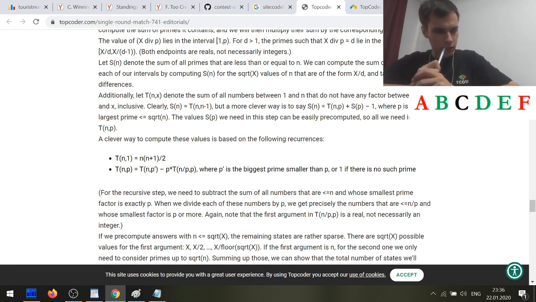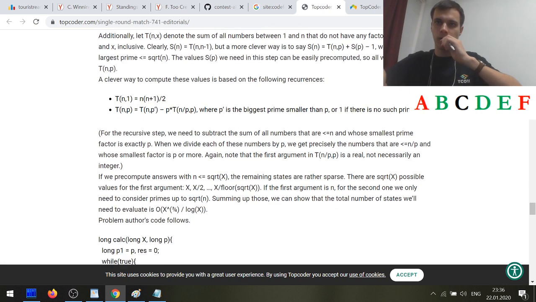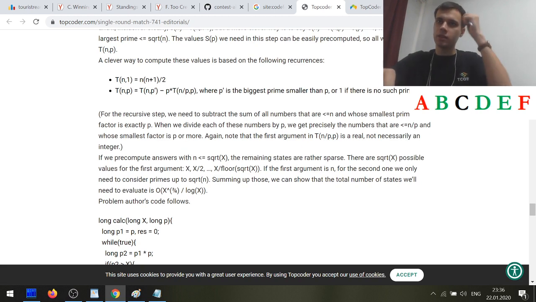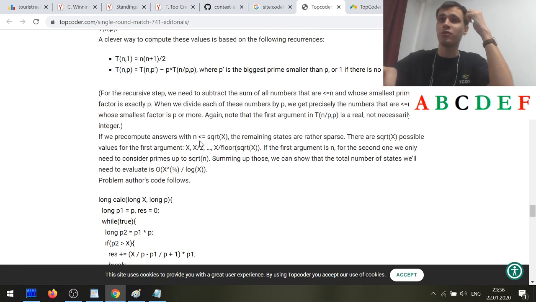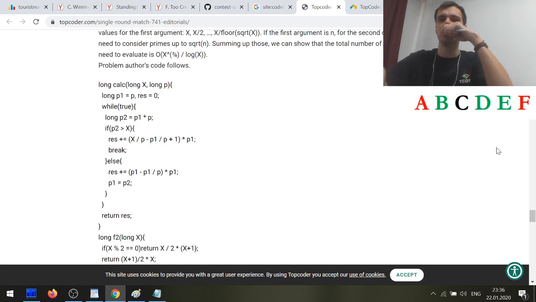If k is large, then r divided by k is small, so it should work fast. If k is small, it should work in... Oh, okay. So this one says that if we precompute answers for n less than square root of x, I mean,